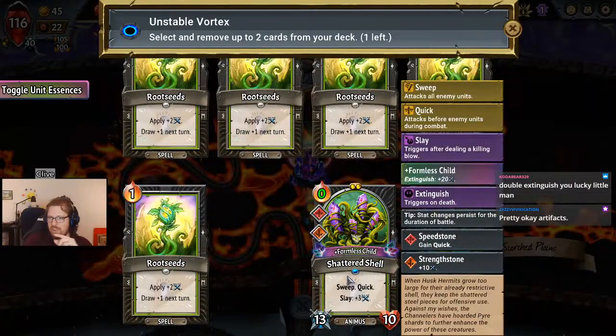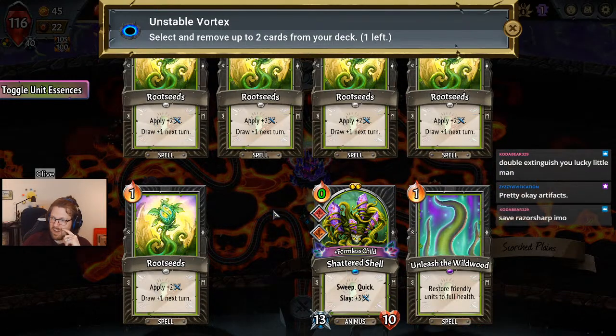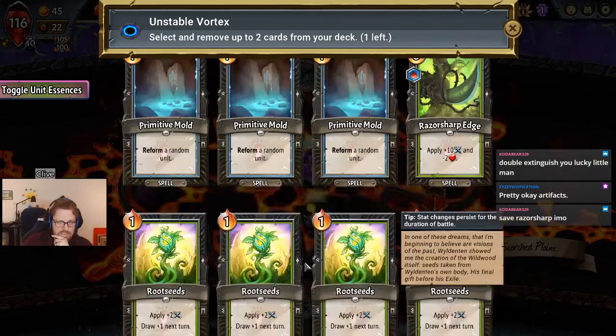Yeah, by the way, she has an extinguish artifact. When she dies now, she gets plus 40 damage. That's why I really wanted the endless artifact, so that I could make her endless. Let's yeet out...